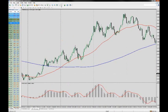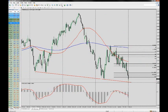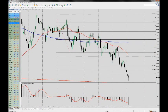Let's also take a look at this pair on the weekly time frame. We can see that the pair is trying to make a lower low overall. We had a wedge formation before, and that wedge formation has been broken below, and we can see the current support level with the trend line. That's the level that we are looking for. For those of you who are trading cable at the moment, I would assume